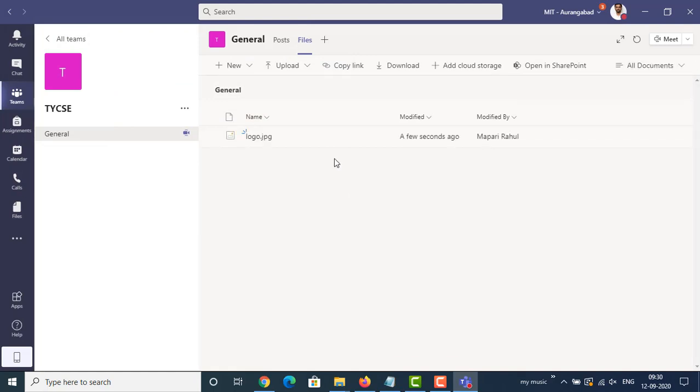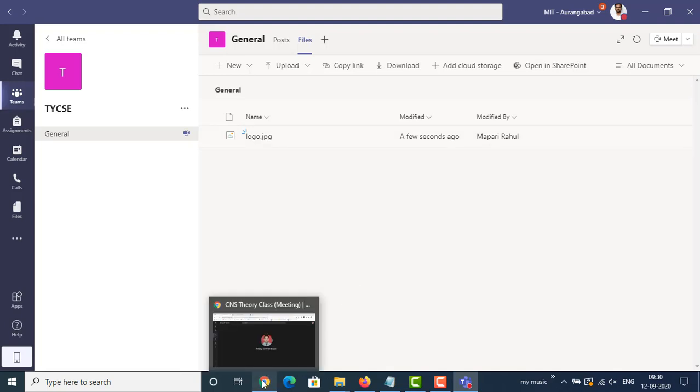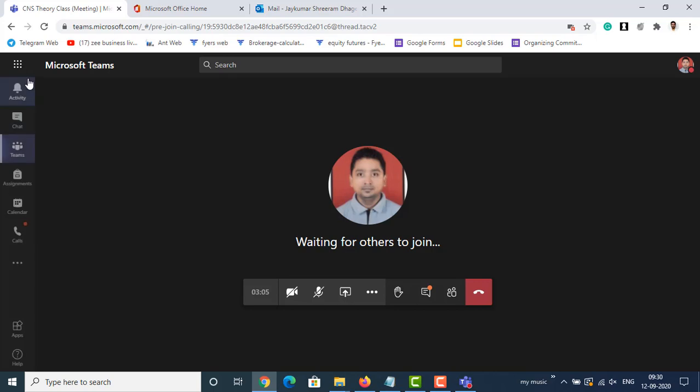Okay. So now all the participants, they are able to access this particular document through their login. We will see how it is possible.